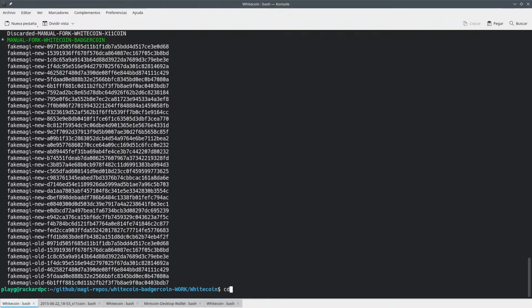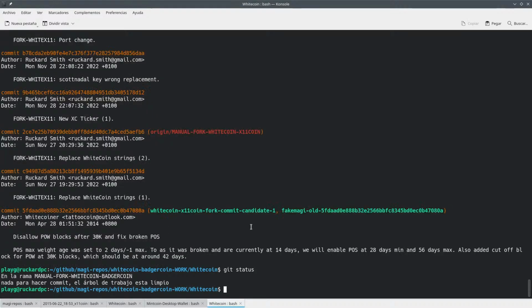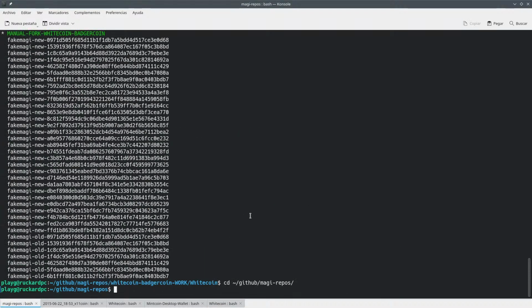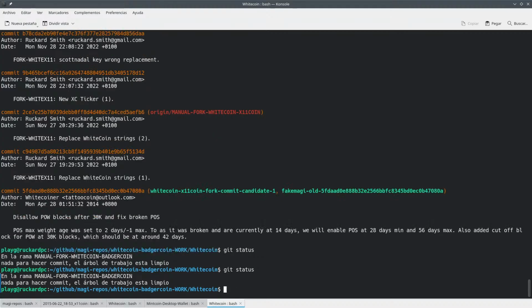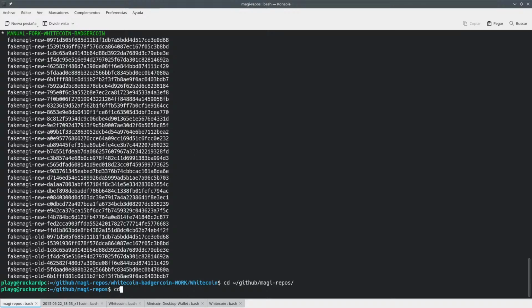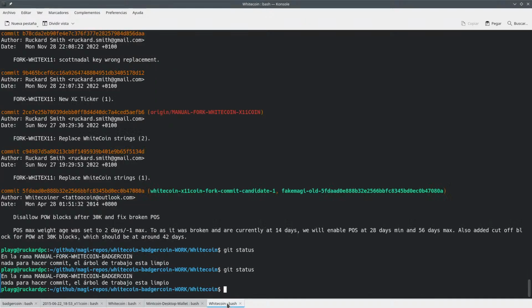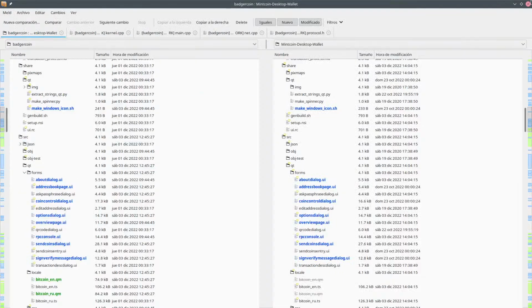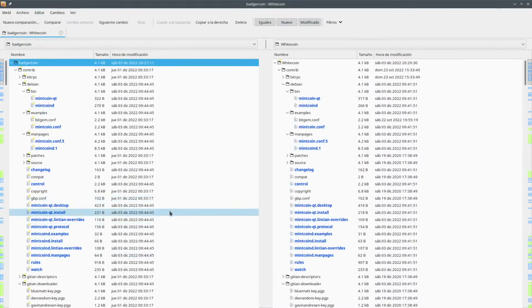Okay, so I can go back to GitHub, Machi repos, doing other stuff. So now I am at Whitecoin, I am at manual fork from Whitecoin to Butchercoin. That's what I want to do. And in Butchercoin, I should be in the first commit, the actual first commit, and that's right. So now I should be able to start the mail command. Hopefully this is not going to explode